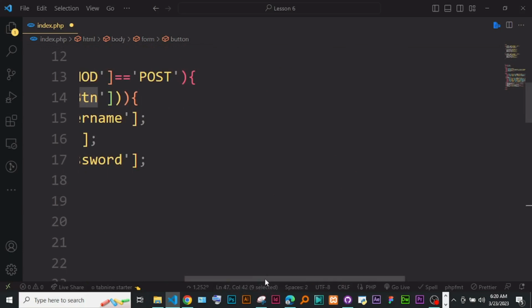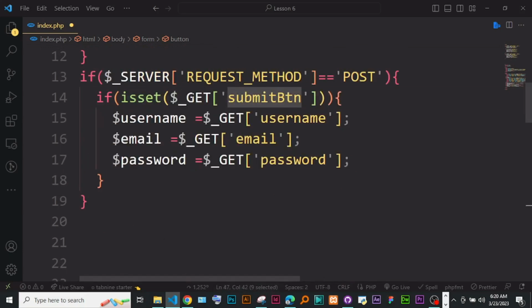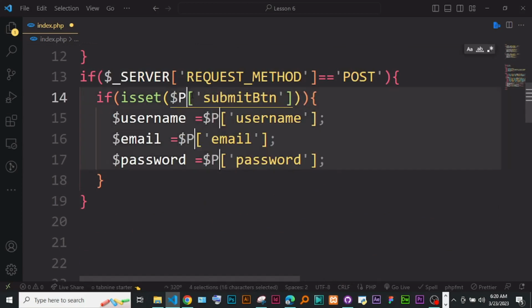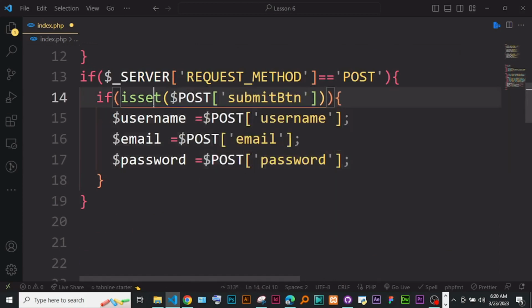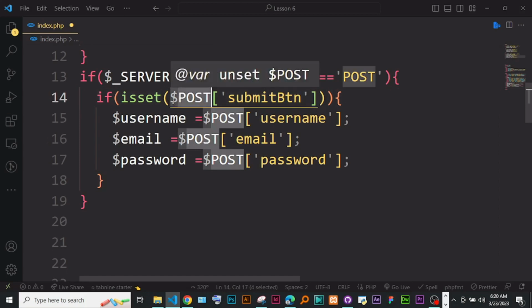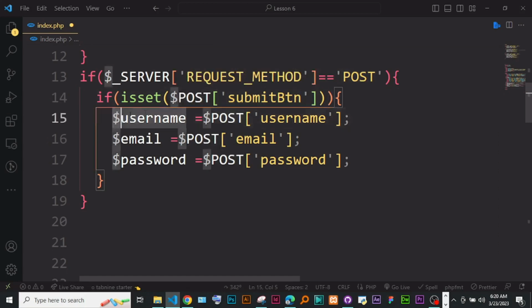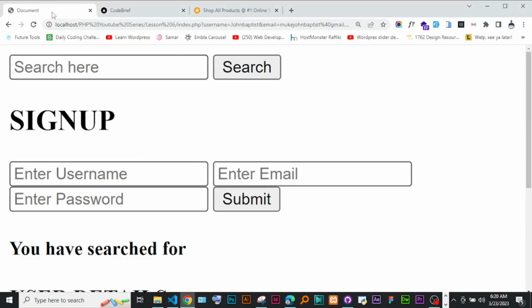So we change all these from get, we can change this to post. So we can check if the submit button in the post form has been clicked, and then from there we can take in the post username, email, and password. Okay, so now the difference is, let me just